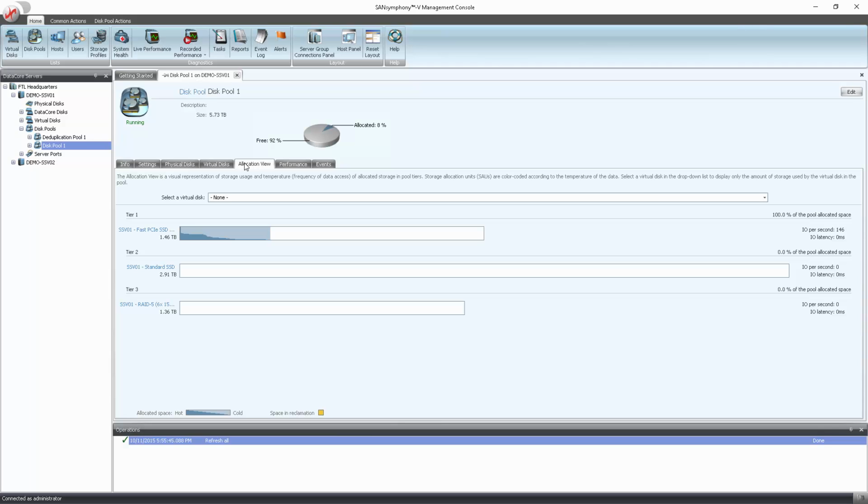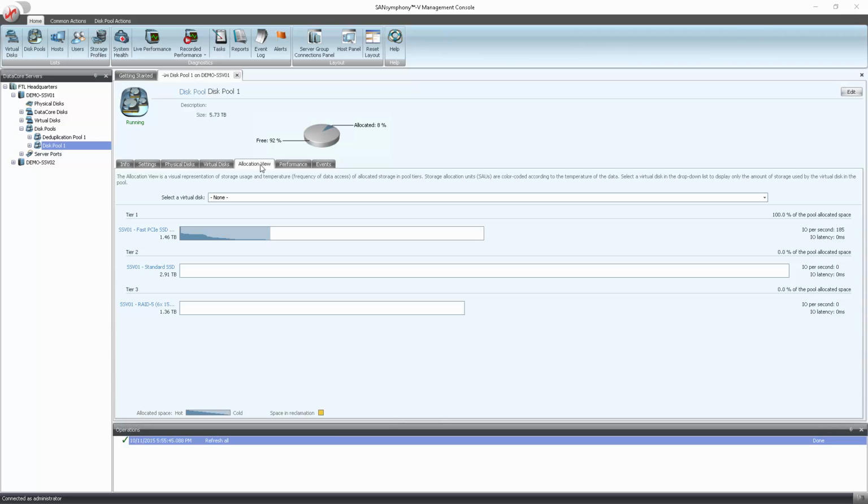DataCore's auto-tiering mechanism is fully automated, sub-LUN, real-time, and both read and write aware. Once the administrator enables auto-tiering, there is nothing else for the administrator to do. The sub-LUN nature of this mechanism means that a more granular approach is taken to minimize the amount of data that needs to be promoted and demoted across the tiers, allowing the desired service level to be achieved in real time. Auto-tiering by default is read-only aware, but write-aware auto-tiering can be enabled on a per virtual disk basis through storage profiles.